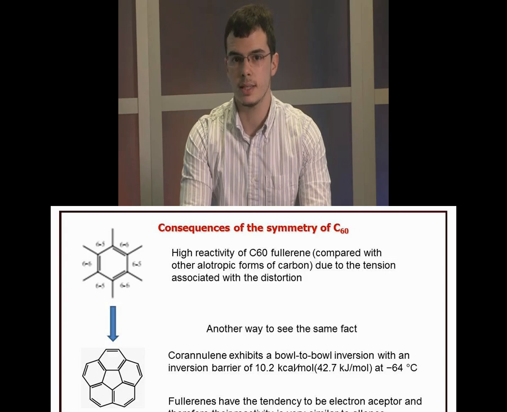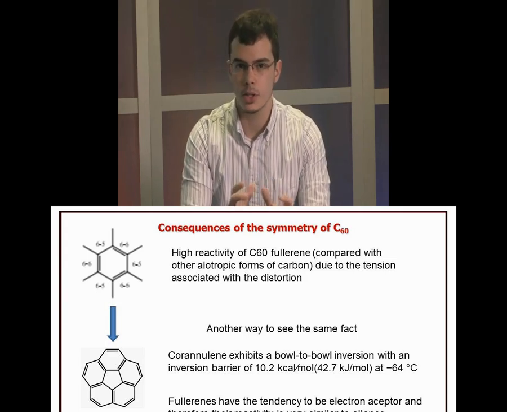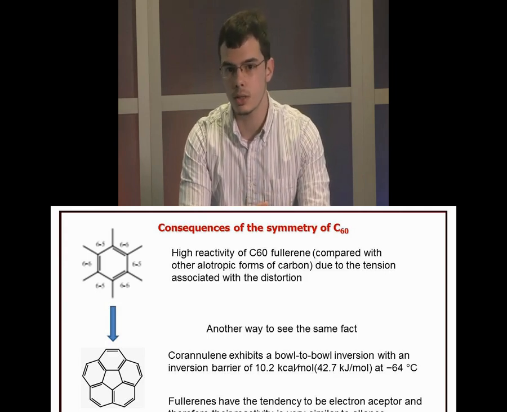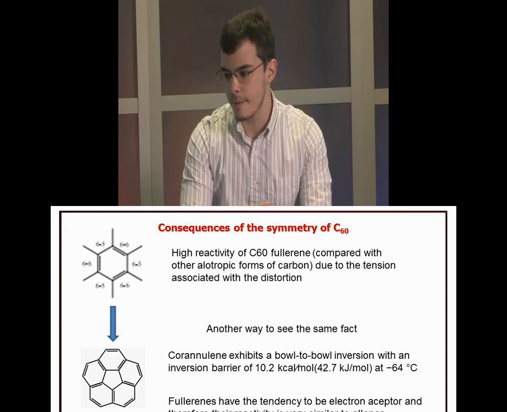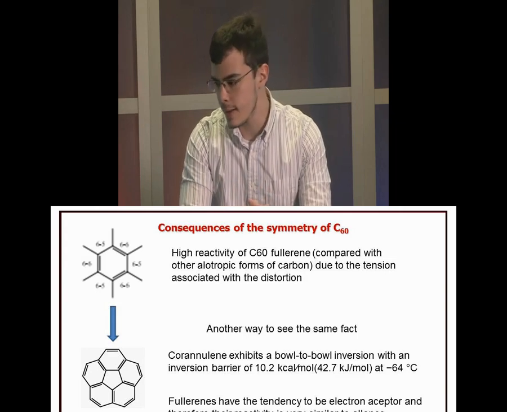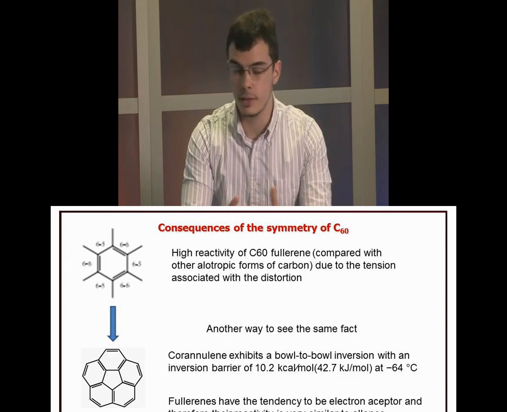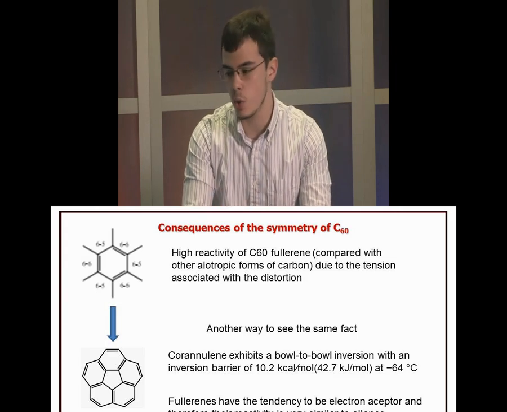Another way to see it is the corannulene portion, and there is a barrier associated to that, and the value is about 10.2 kilocalories per mole at about negative 64 degrees Celsius. The Fullerenes have the tendency to be electron acceptors, and there is an application related to that that I'm going to talk about later on. And therefore their chemical properties are very similar to allenes,